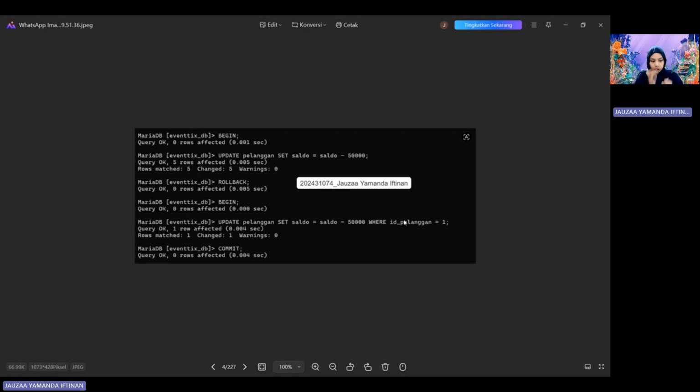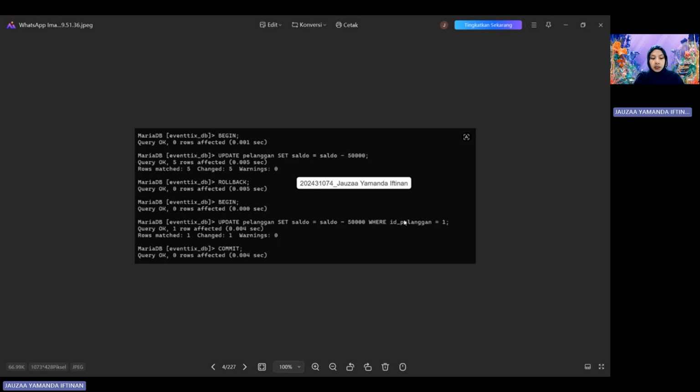Next, we'll look at transaction control language to prevent data corruption. I open a safe transaction block using the begin statement. First, I intentionally execute a flawed update query without a where condition. The system warned me that 5 rows were affected. To reverse the catastrophic error, I immediately issue a rollback command, restoring the database to its original state.